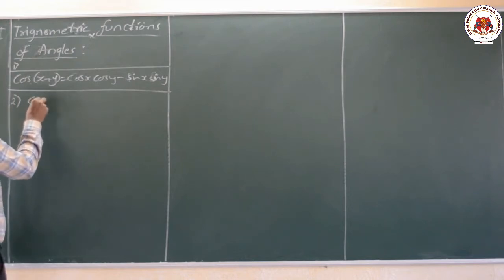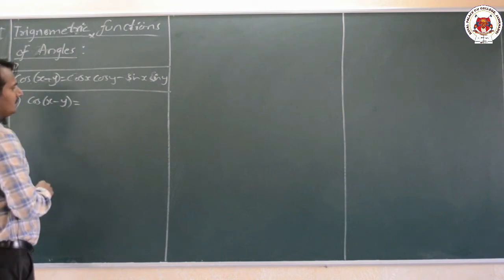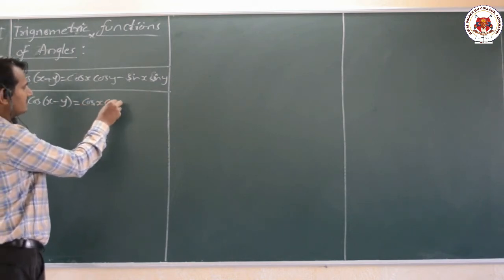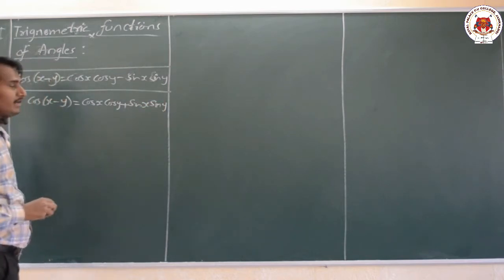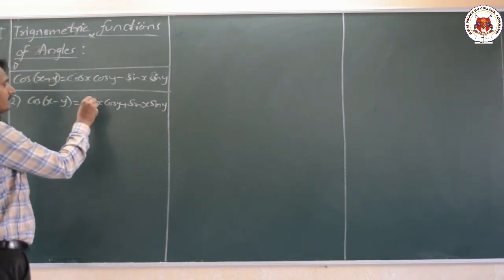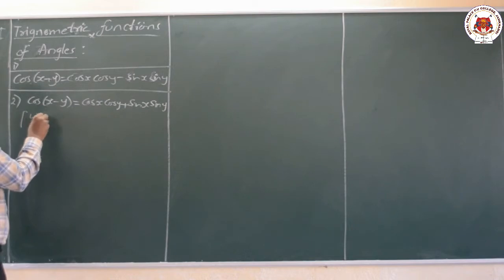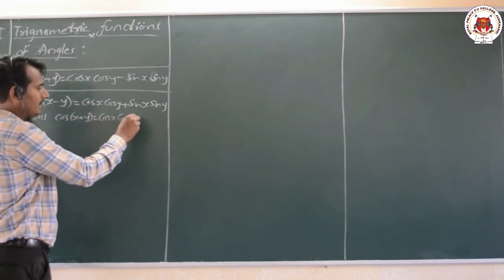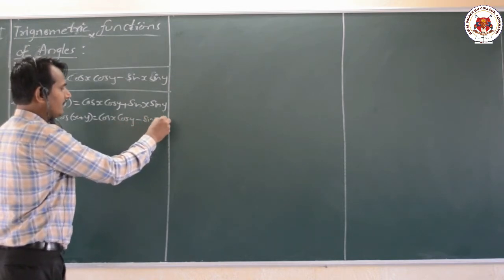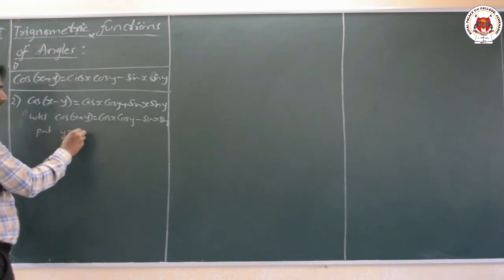The second one is cos of x minus y. Here we require to prove that cos of x minus y equals cos x cos y plus sin x sin y. Now what we have to substitute here is very important. We know the formula for cos of x plus y, that is cos x cos y minus sin x sin y. So what we have to do is put y equal to minus y in the above